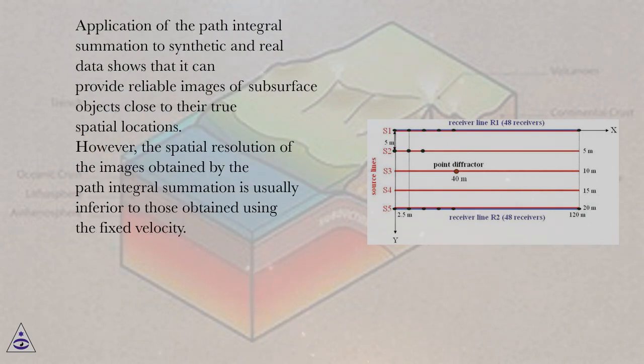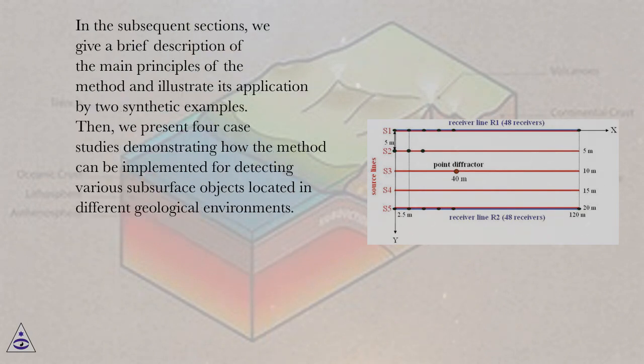Application of the path integral summation to synthetic and real data shows that it can provide reliable images of subsurface objects close to their true spatial locations. However, the spatial resolution of the images obtained by the path integral summation is usually inferior to those obtained using the fixed velocity. In the subsequent sections, we give a brief description of the main principles of the method and